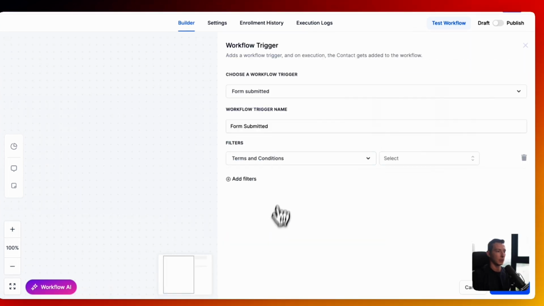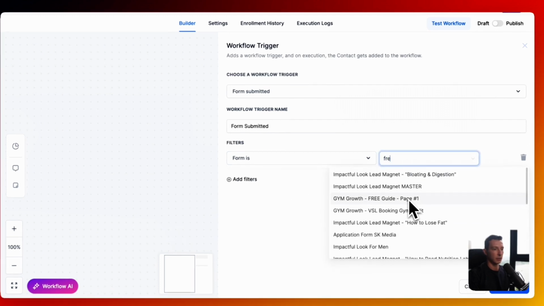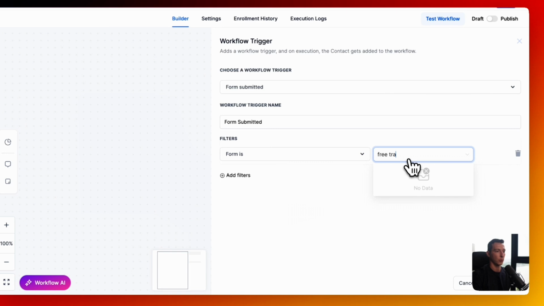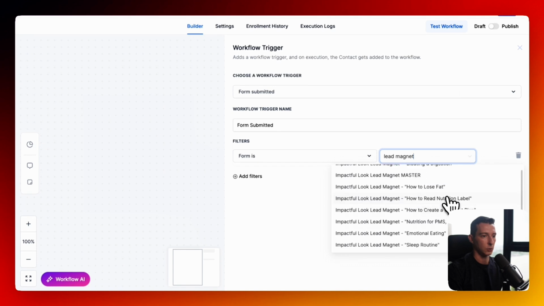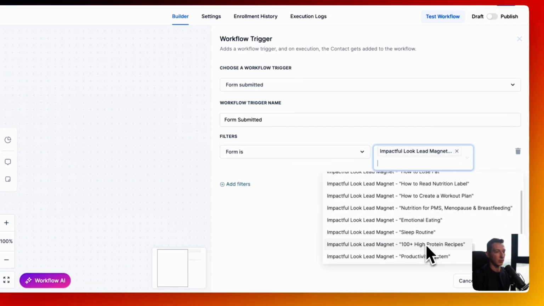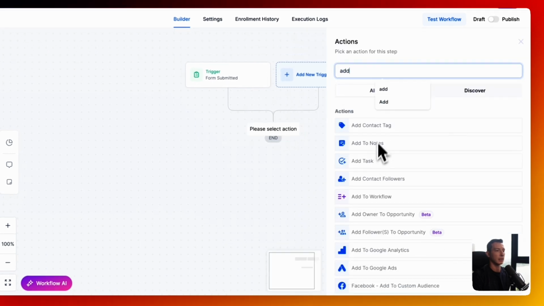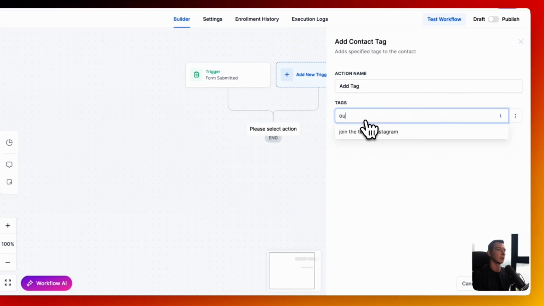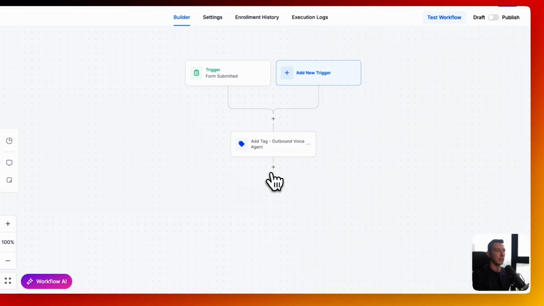We can come in here on terms and conditions, form is, and we got to find the free training one. I'm not sure what is the name of that form. Let's see what is available out here. It's lead magnet. So it should be the 9 lead magnets in one. As soon as somebody submits that form, they're going to be assigned a tag. Tag is, I think it was outbound voice agent. We need to have that tag so the agent can actually call them. We click save, and then we gotta